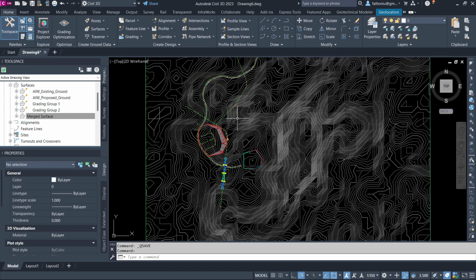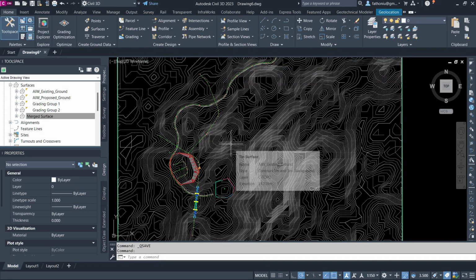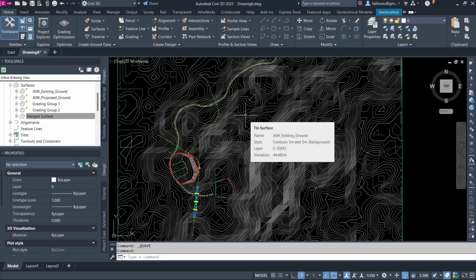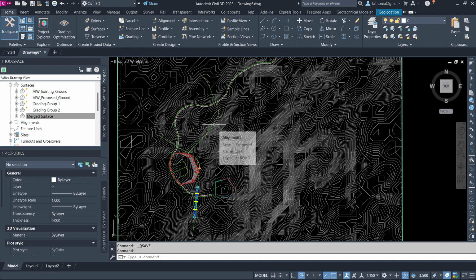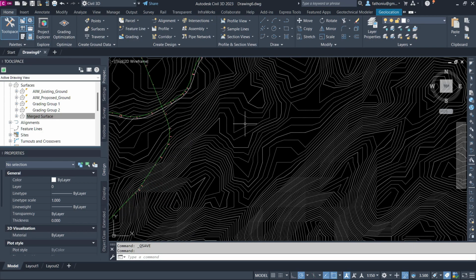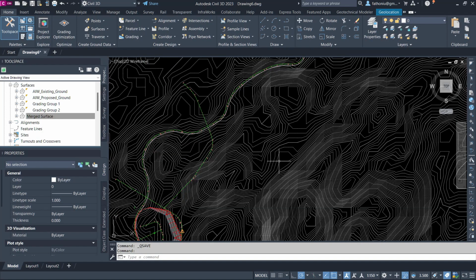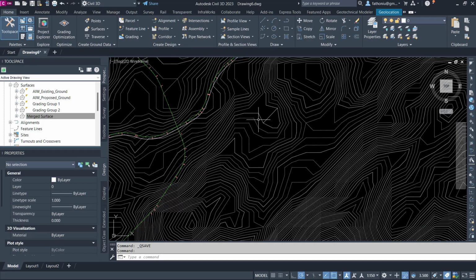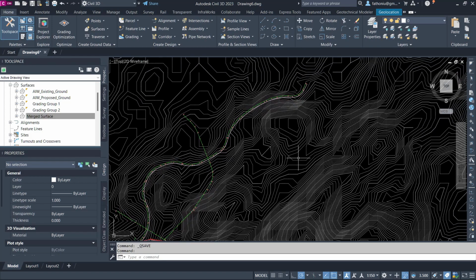Okay, then let's continue our discussion to create a new grading, and then we explore the cut and fill, the volume of the earthwork calculation. We will create the parcel from the object I already created, and then I select this area. You can see here there are areas that have a gentle slope, such as this area and also this area. So then you can utilize this for your building platform.